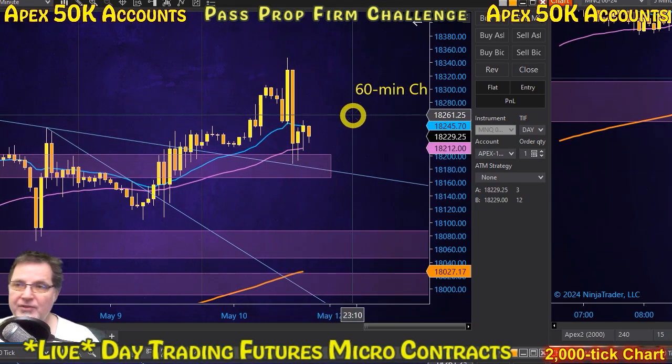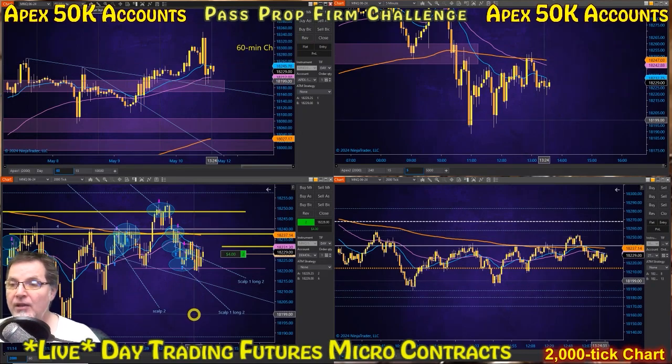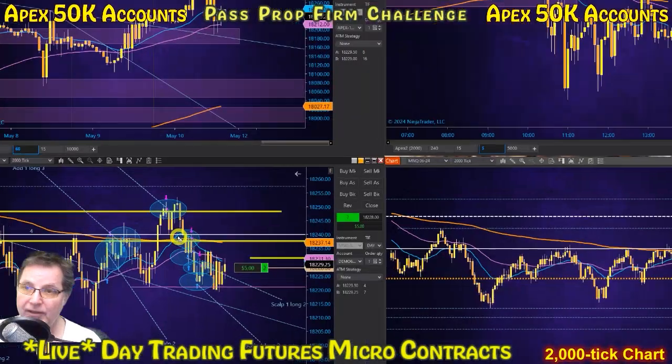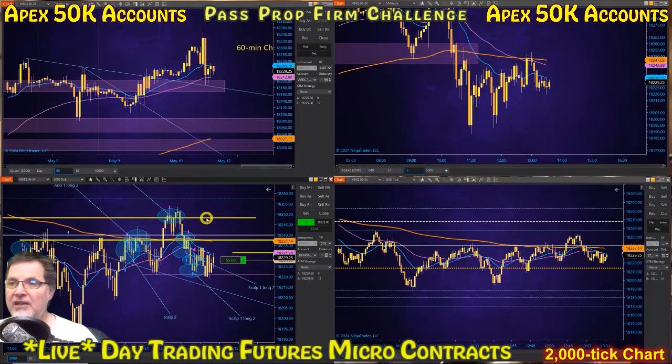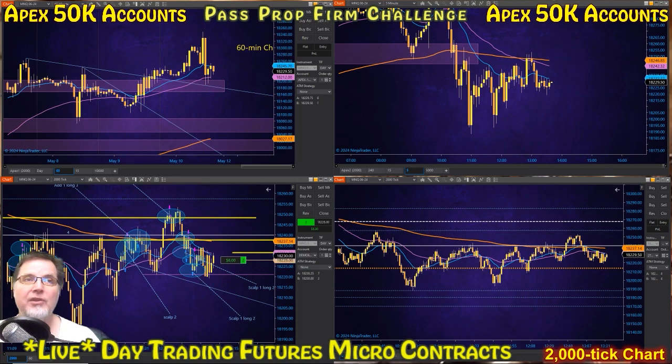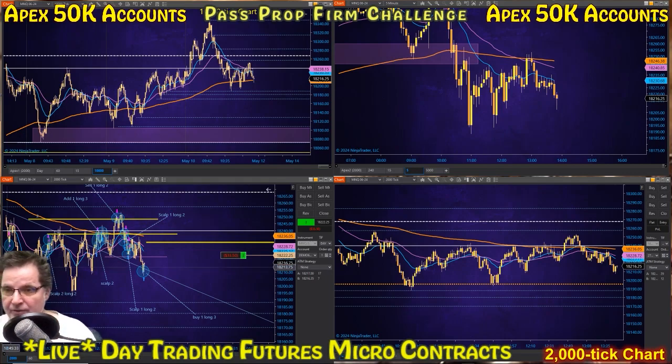Everything's still kind of positive to the upside looking, which means it could pop up again like it did right here. I think the next time it pops up, I'm going to close for a small loss, even if I can't break even because of the mixed signals, and it's going to be pushing into 2 o'clock here in the next 30 minutes, and I don't like to get trapped in a trade with only 2 hours left of the day. So I'm hoping it pops up so I can just get out of the trade for a small loss. Well, I hope I'm right about the support level down here.